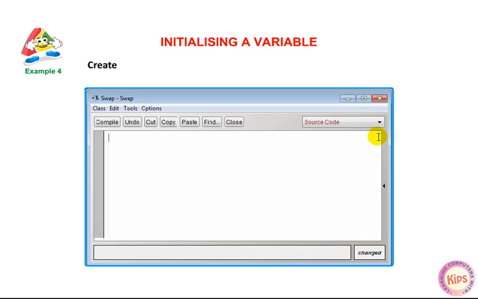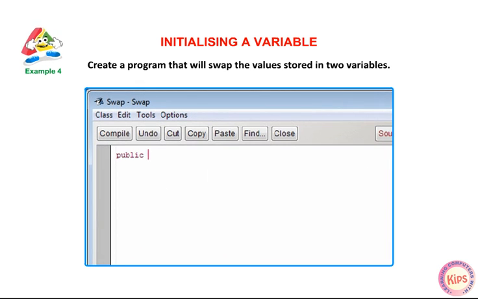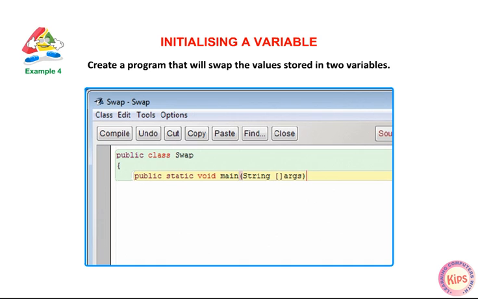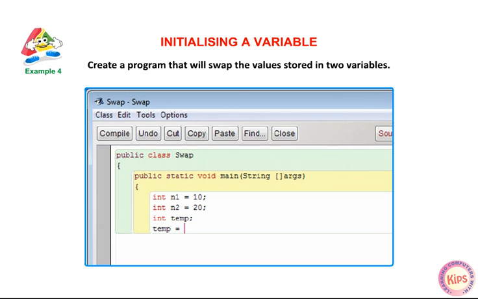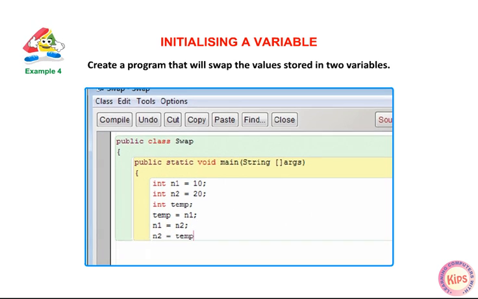Example 4. Create a program that will swap the value stored in two variables. public class Swap { public static void main(String args[]) { int n1 = 10; int n2 = 20; int temperature; temperature = n1; n1 = n2; n2 = temperature;